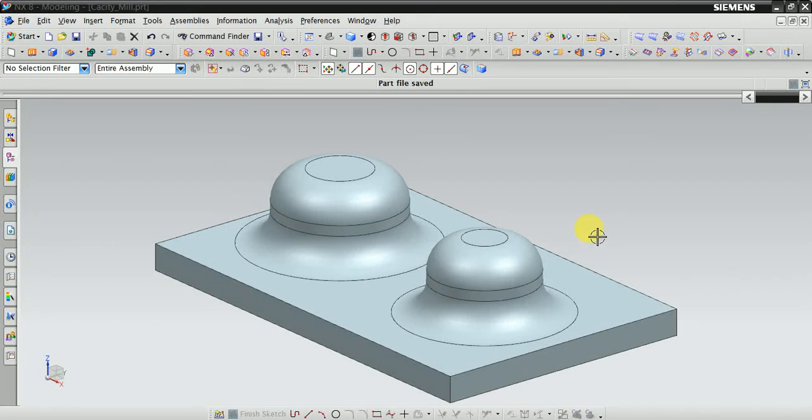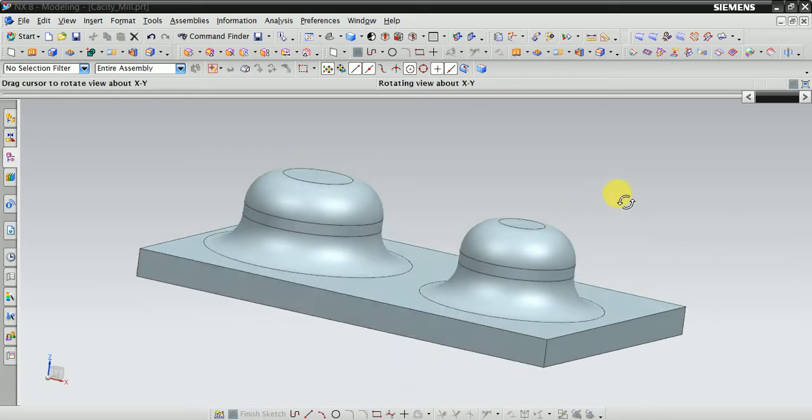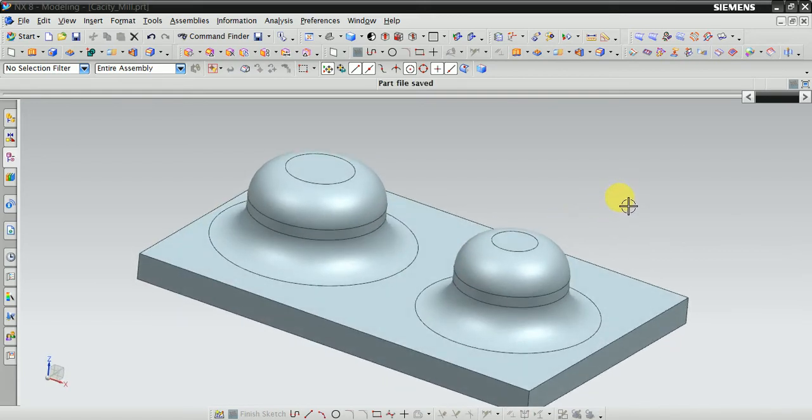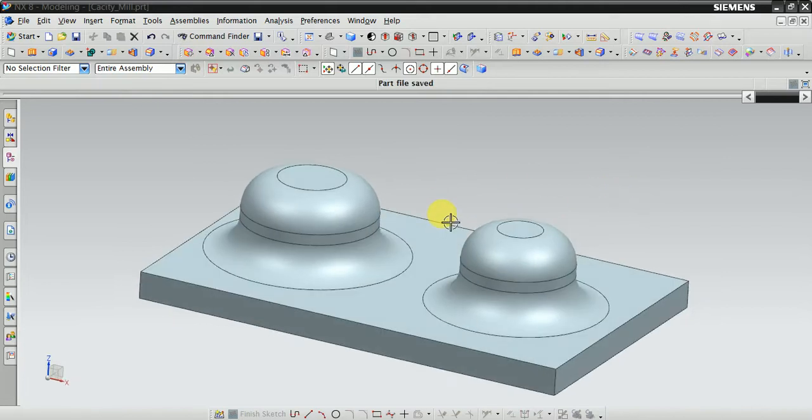Welcome friends, in this video we learn how to make this type of object in VMC machining. Now first of all we start from this,